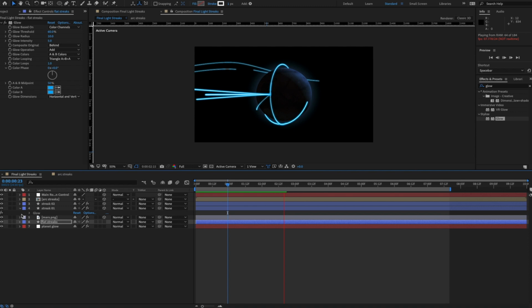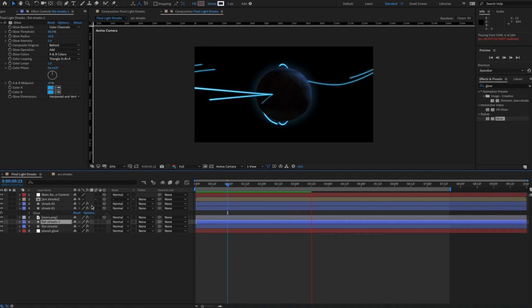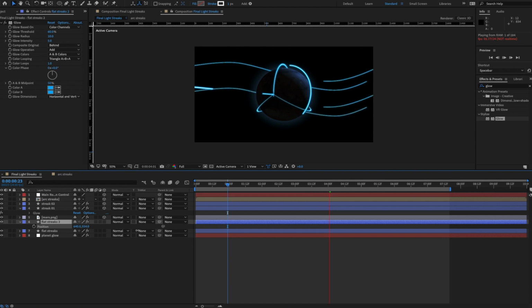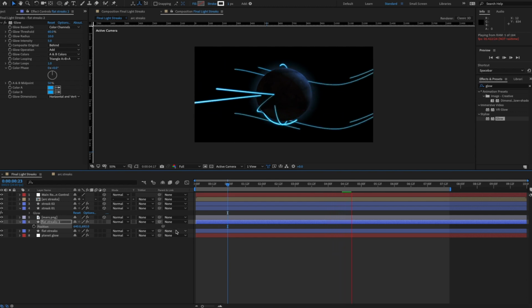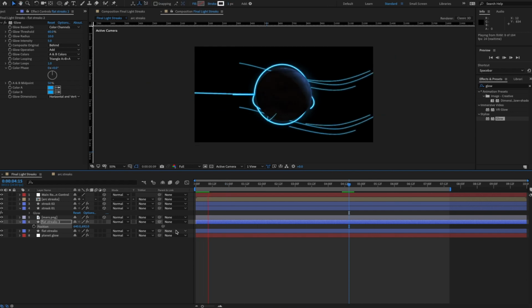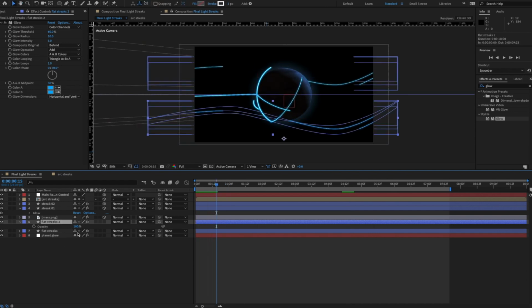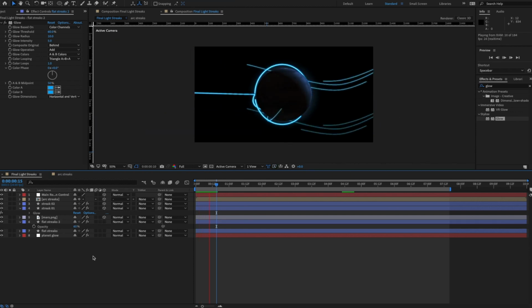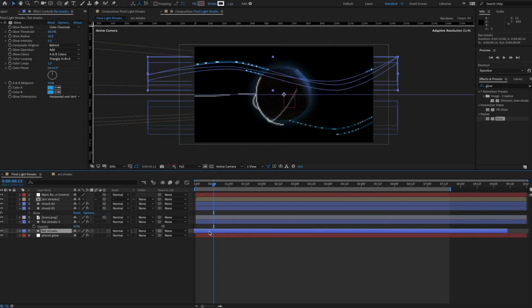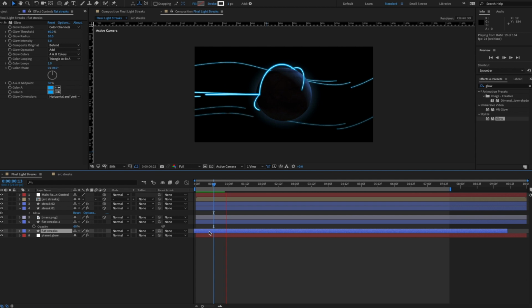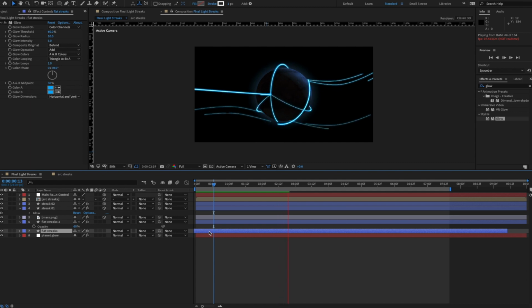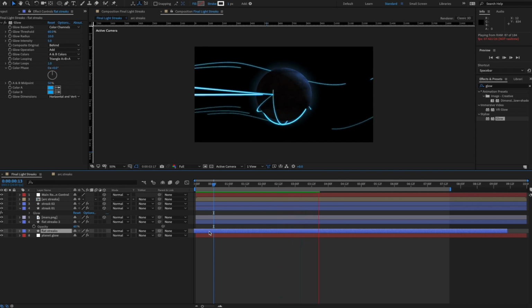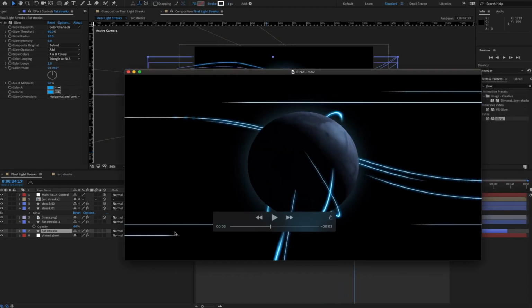And I can even duplicate that, and maybe move this one down on the y-axis. So now we've got these. Maybe I'll lower the opacity on this guy, and maybe I'll drag him left a little bit so it's not so synced with the other one. Alright, getting there. And then finally, maybe what I'll do is add these sort of just regular horizontal streaks,